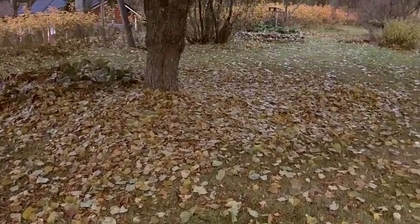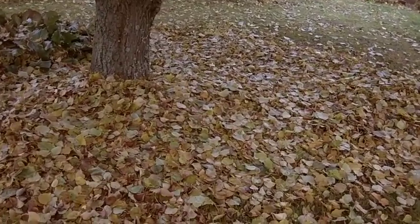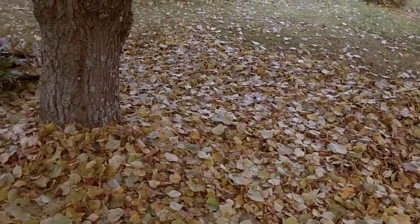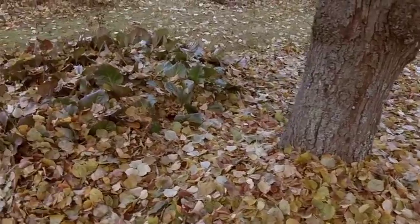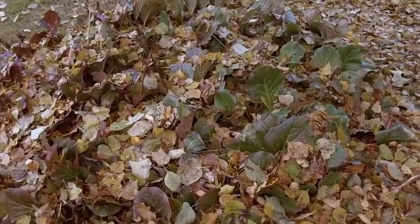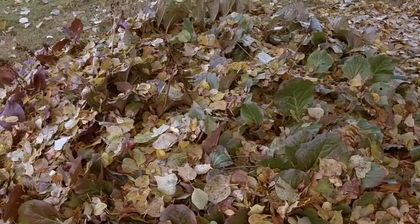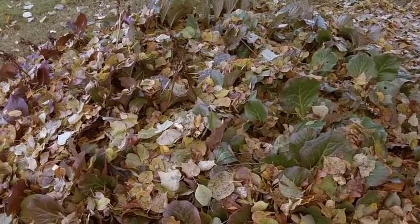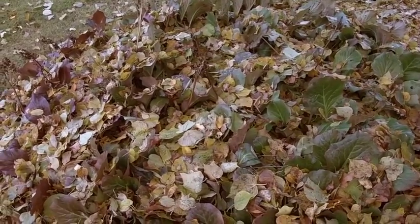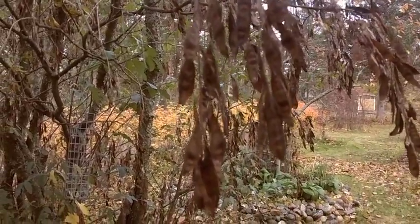And this morning I've been collecting leaves, putting it underneath this tree here. I bought myself a blower to save myself some raking. This is Bergenia, and I always cover it with leaves, protect it during the winter, and they always just decompose down, and it's a good fertilizer for the Bergenia. They seem to be spreading. The laburnum has set lots of seeds this year,